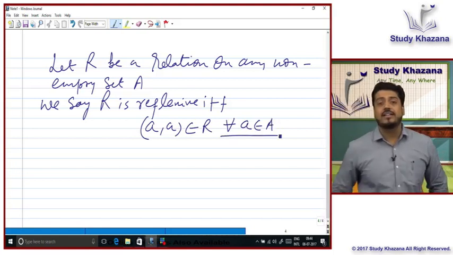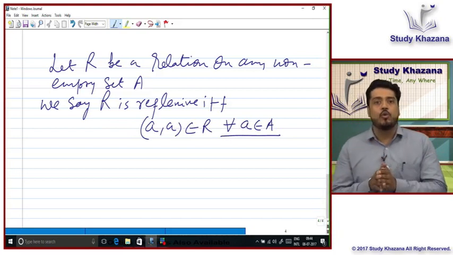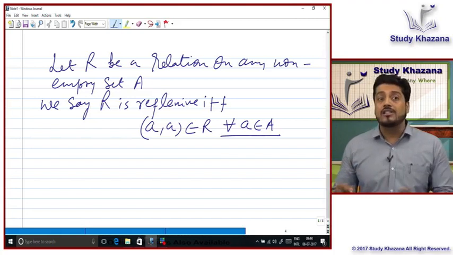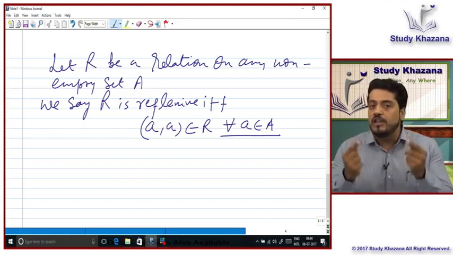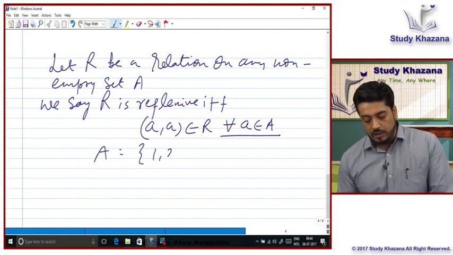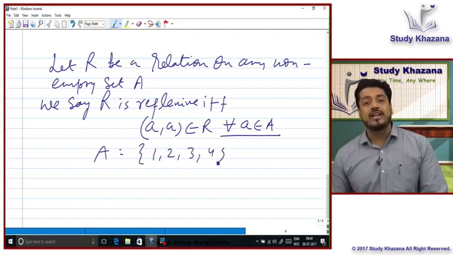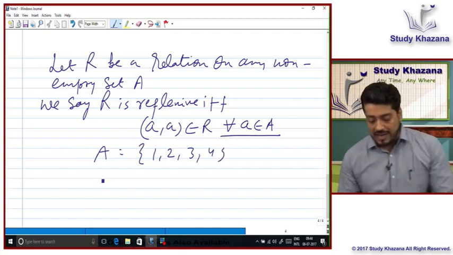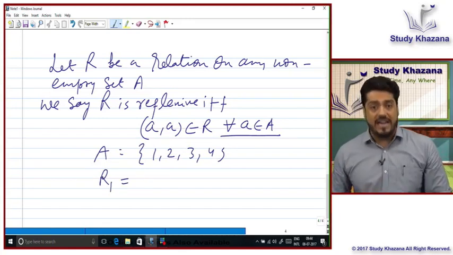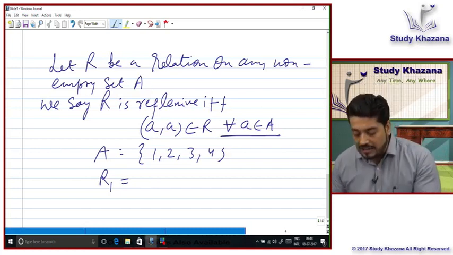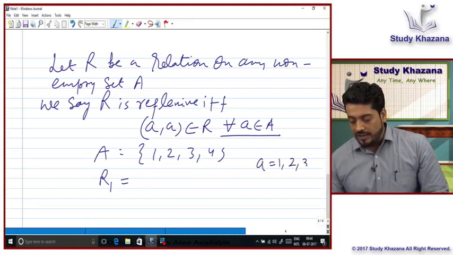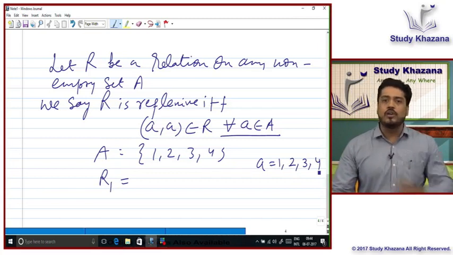Now, I am underlining this part: the condition must be true for every element a belongs to A. That is, we cannot leave any element of A, because if we want to disprove the condition, only one counterexample is enough. So, for example, let me take the set A equal to {1, 2, 3, 4}, and the question is, define a reflexive relation on A. When I take a reflexive relation, what is the requirement? The requirement is that all the pairs of the type (a, a) must belong to R. Now, what are the choices for a in A? a can take value 1, 2, 3, or 4. These are the only 4 possibilities.